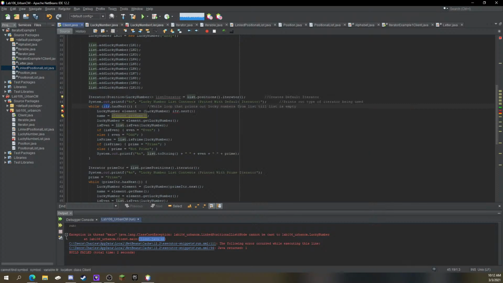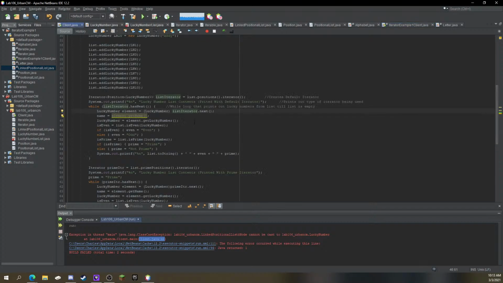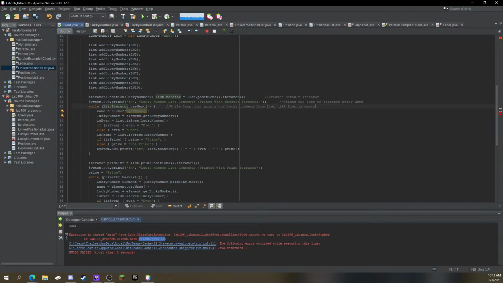Okay. And then instead of list iterator, or ITR, we do list iterator dot has next. And same thing here, list iterator. Right? And here you do list iterator dot next dot get element. Okay, so I can do get element now. So instead of doing lucky number elements, instead of doing it that way, we're gonna do it this way, right? So name,